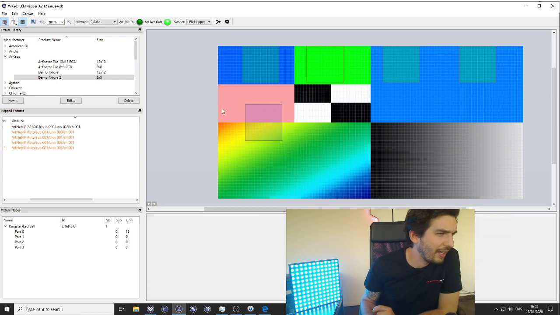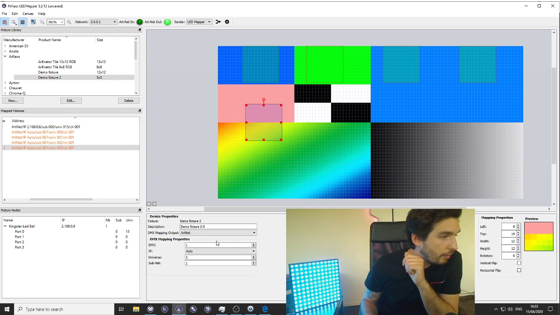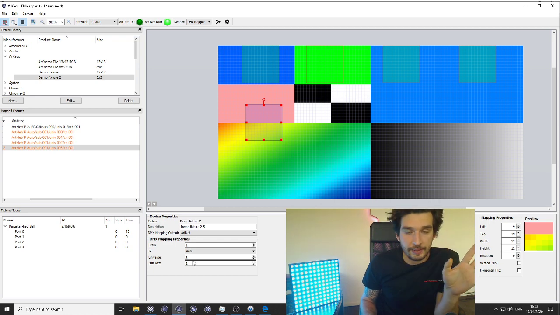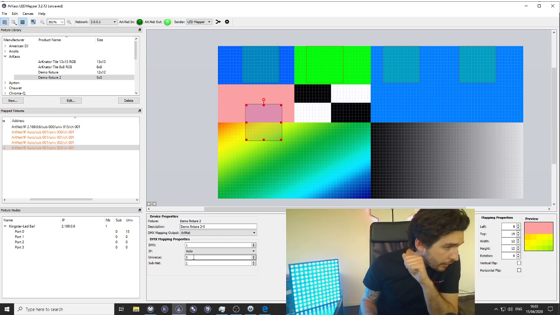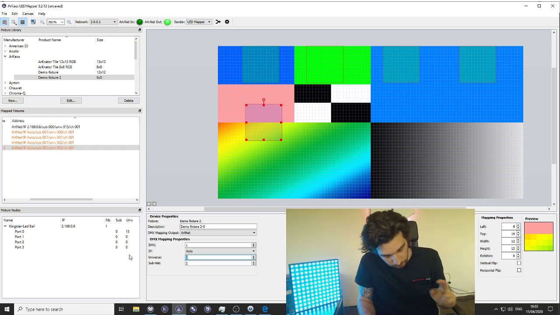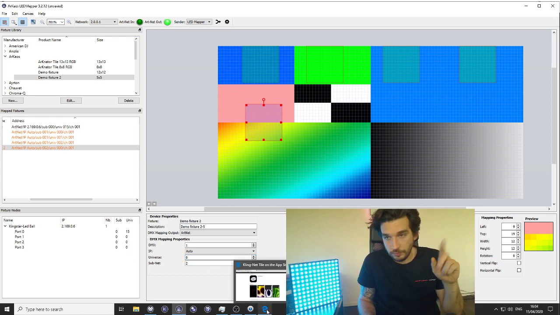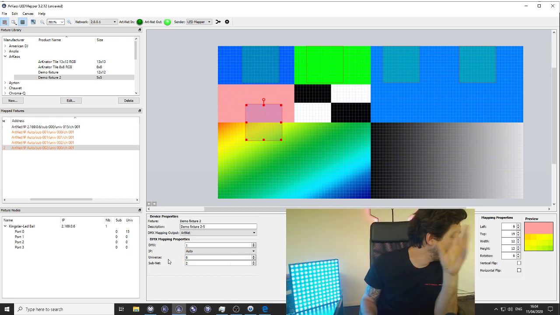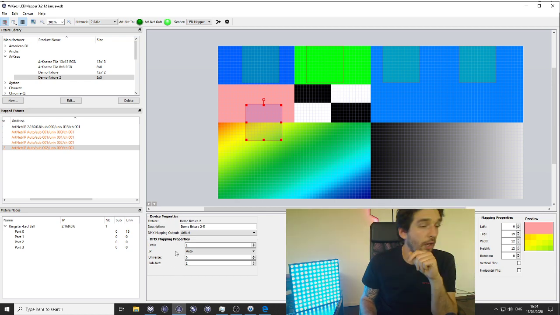Duplicate. I will first of all patch it. In my case, I'm going to patch that on subnet 2, universe 0. For those that don't know how to use subnet and universe, and are all using universe 1, 2, 3, 4 until 256, Google is your friend.